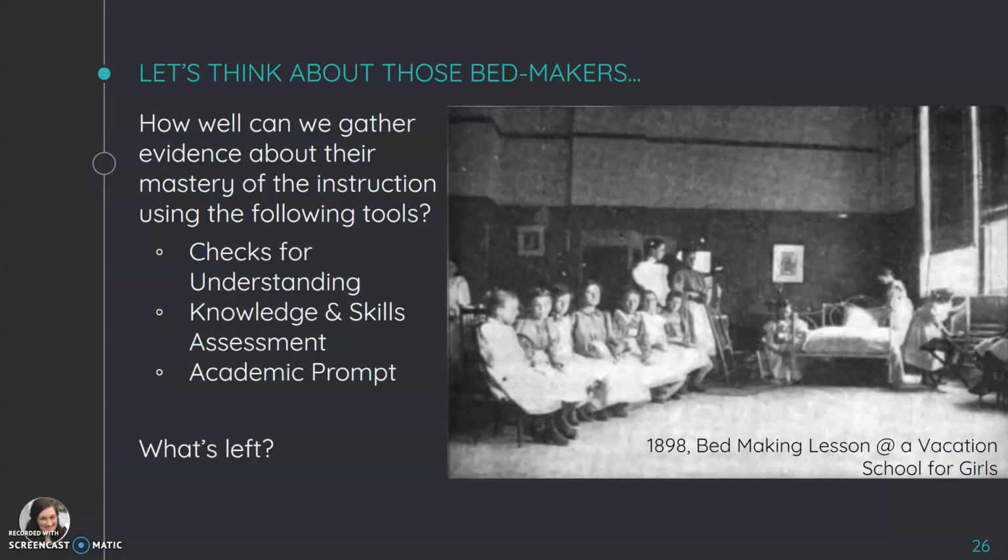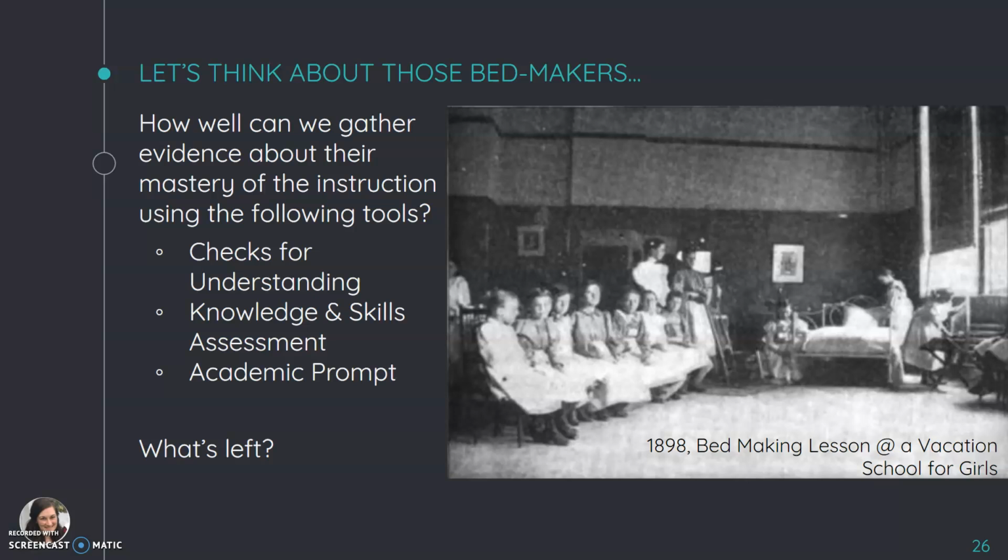So let's return to the example about making a bed. You already brainstormed the required knowledge, skills, and understandings that we'd hope students would be able to master at the end of our lessons on bed making. After this video, you'll discuss with your team how well you could gather knowledge of mastery with each of the forms of assessment we've discussed, like checks for understanding, knowledge and skills assessments or regular tests, and academic prompts like essays.